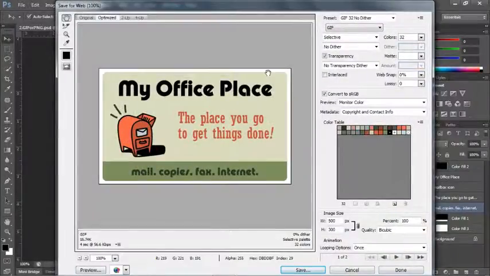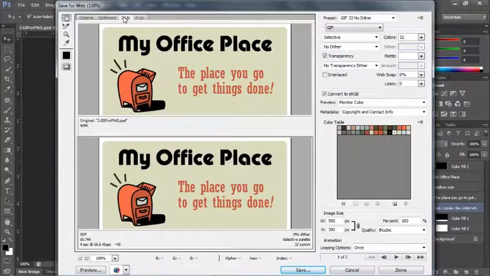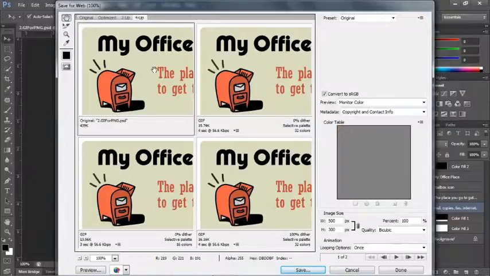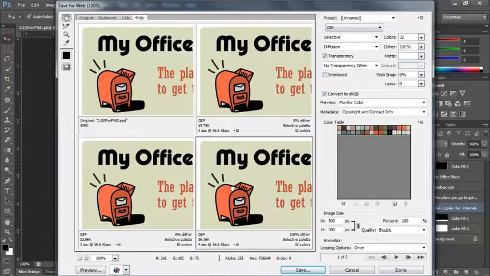It used to be called Save for Web and Devices, and before that it was called Save for Web, so it's nice to see that in CS6 they've reverted back to the simpler name for this dialog box. When the dialog box opens, you'll usually see your optimized image in a large box here. You can also show your original image, or what I like to do is the 2-up view, or preferably the 4-up view, which shows your original image at its full quality on the left, and then you have 3 opportunities to the right and below to change the different optimization settings so you can compare